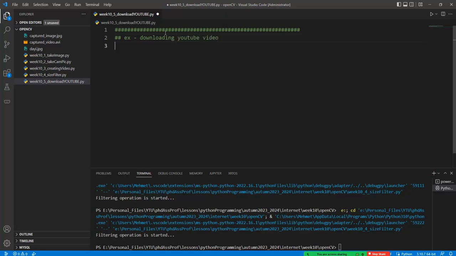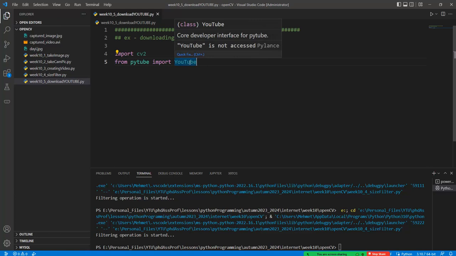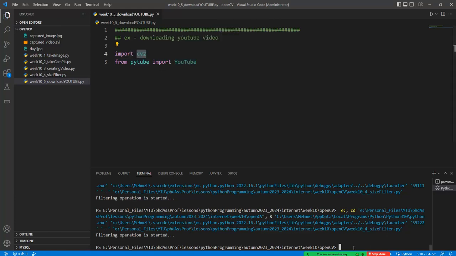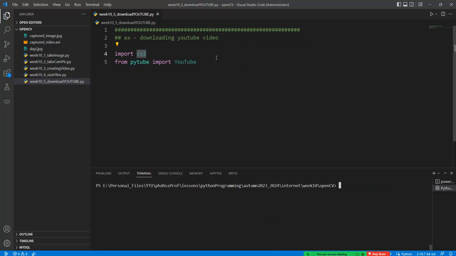video. Okay, firstly you must know that we need to import CV2, but we should add the PyTube import YouTube library, and you must install the YouTube library like the OpenCV library by using pip install. Okay, and so if you use this notation or import, we can take the image or the download or the matrix from the